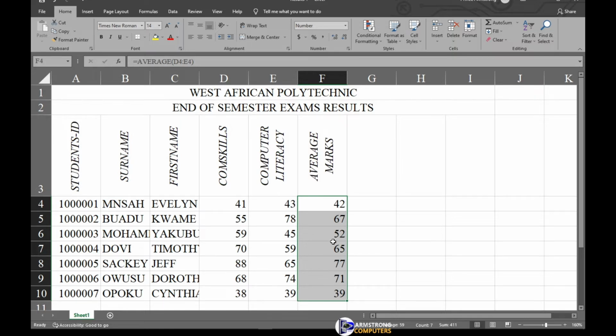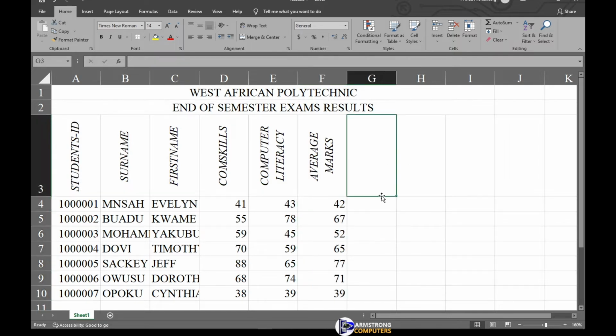Now after finding the average of the student, because we wanted to use the if function, I'd like you to go ahead, move to cell G. We're going to add 3 columns, okay? We're going to add 3 additional headings here. So move to cell G3, and I'd like you to type grade, okay? I want to grade the student, so sorry about that. So grade,